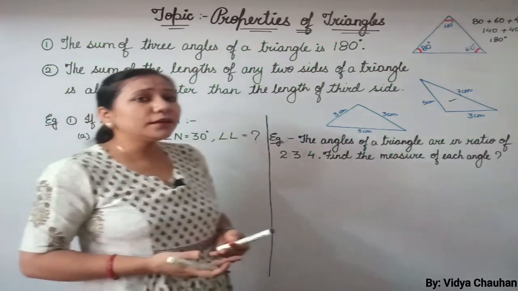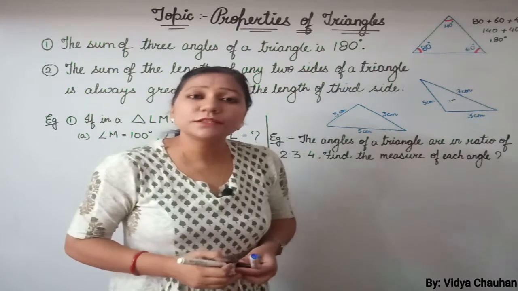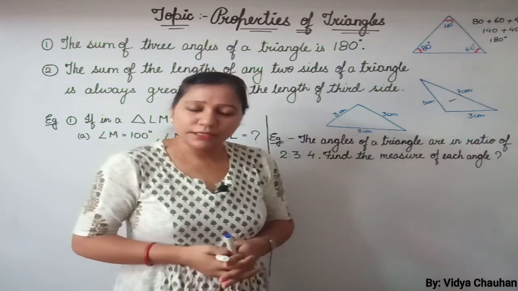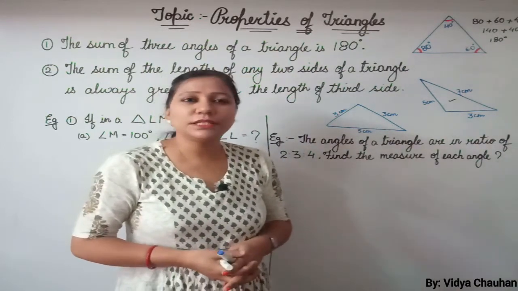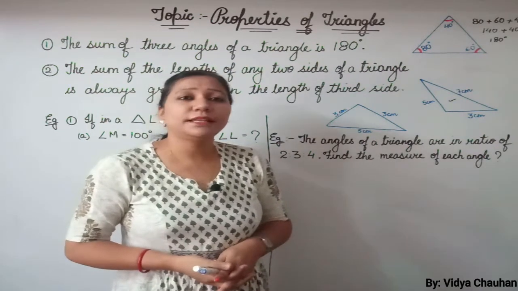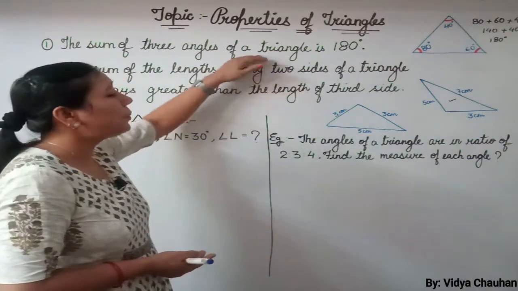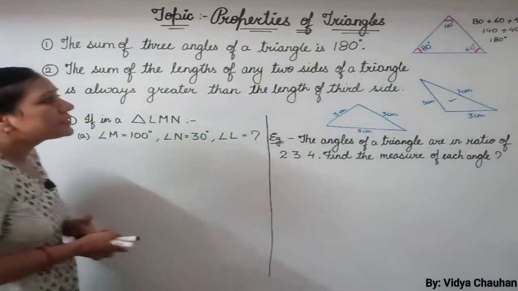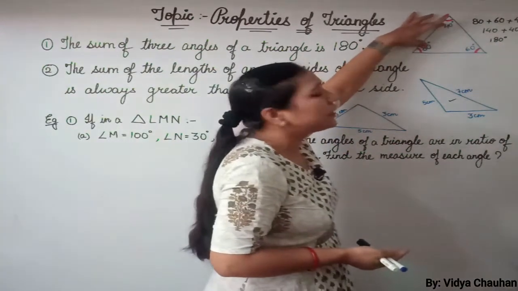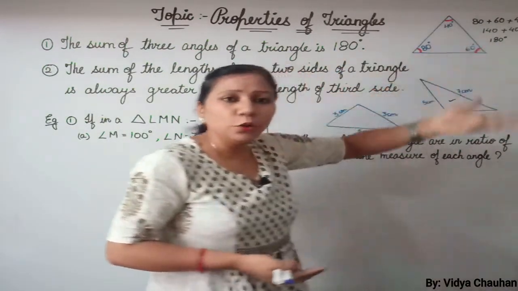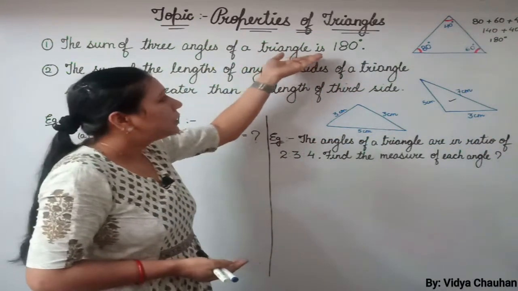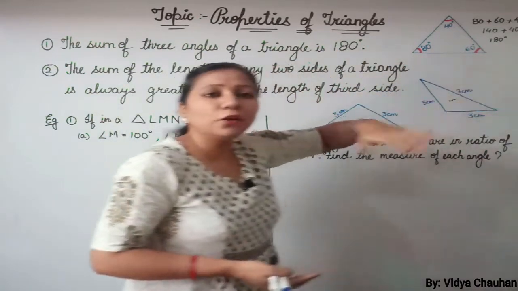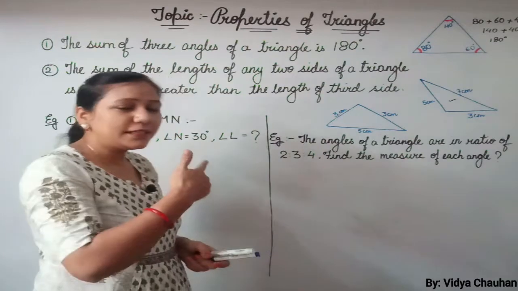Now, what is the actual scope, or you can say the basis, of these properties? Why do we learn these properties? Why should we know these properties? Yes, there are applications for these properties also, and the application is that we can use these properties to solve questions in which, suppose, two of the angles of a triangle are given to us and the third one is not known. So we can use this first property of a triangle to find the unknown angle, or you can say the third angle. So let us see how to do that.